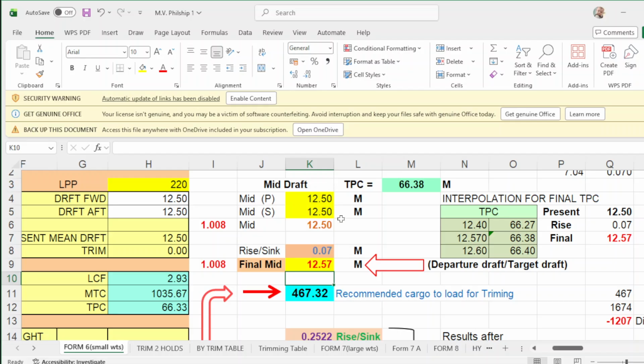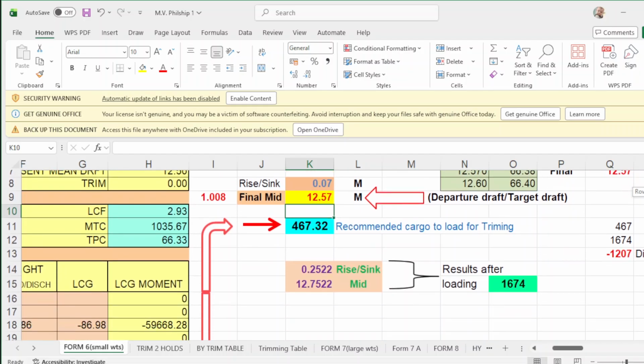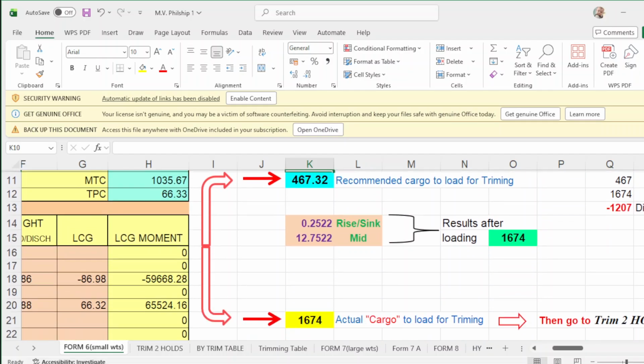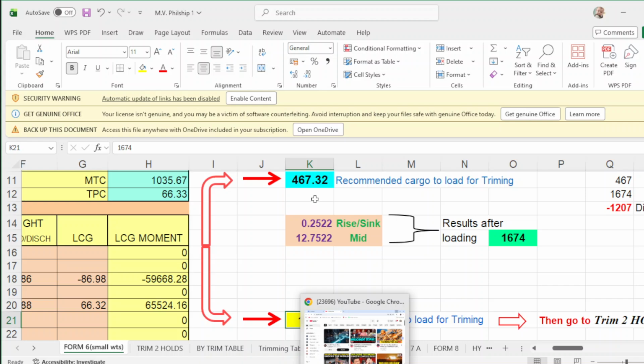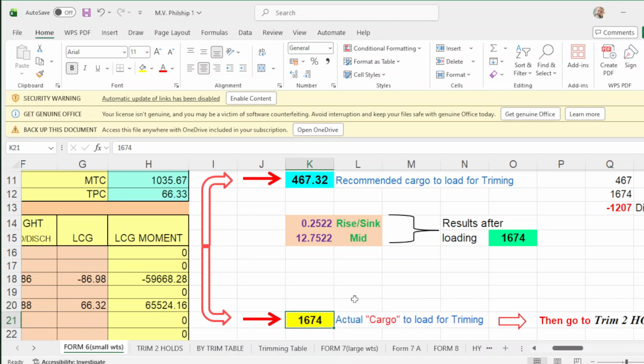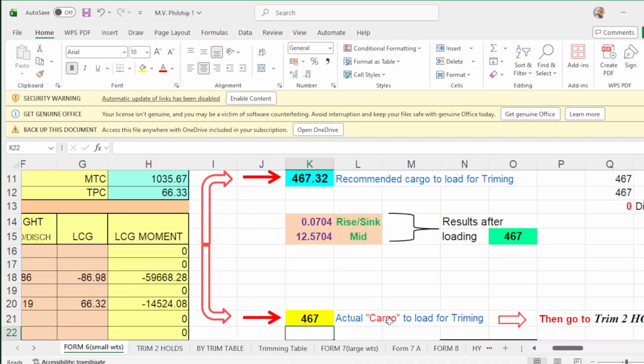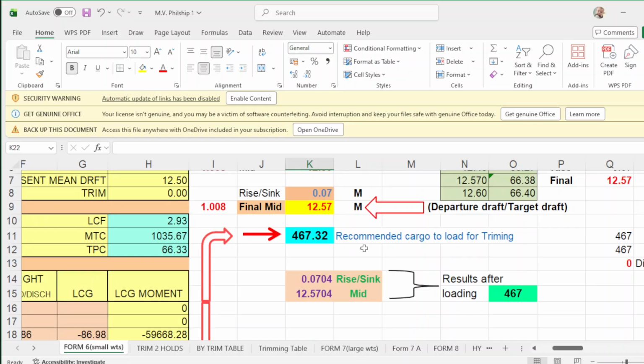For example, they are in a loading port. If you apply this amount, what will happen? Just follow this arrow, then put 467, and take note, when you load 467, the final drop is 12.57.